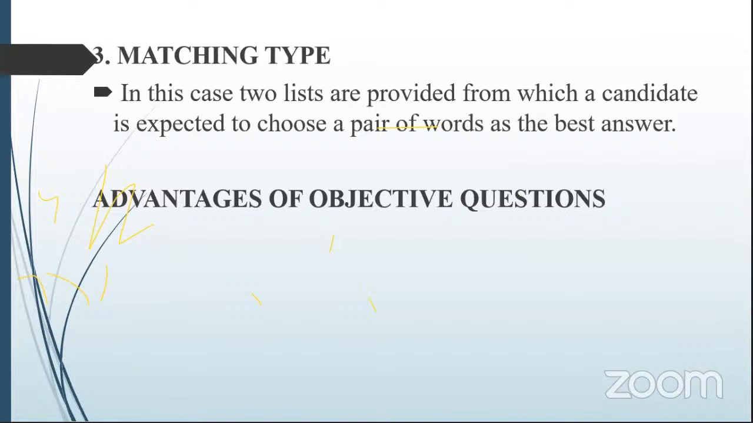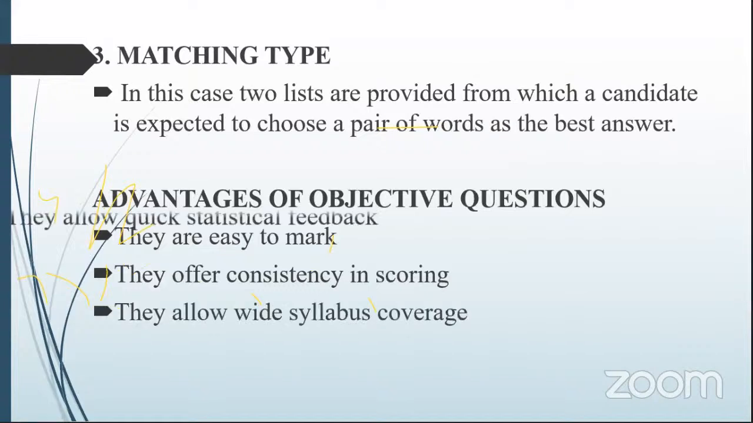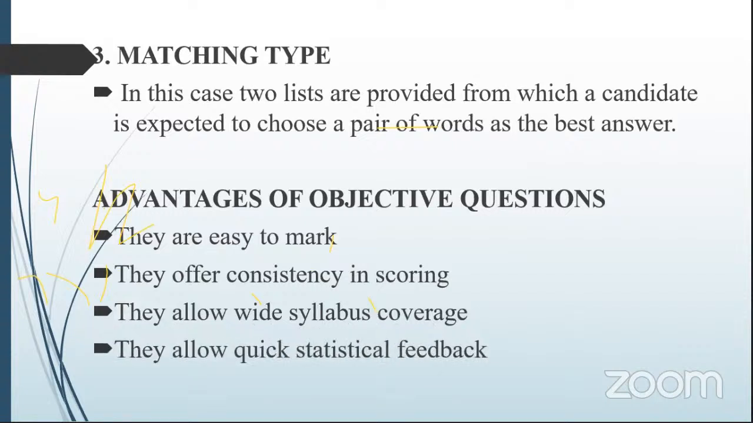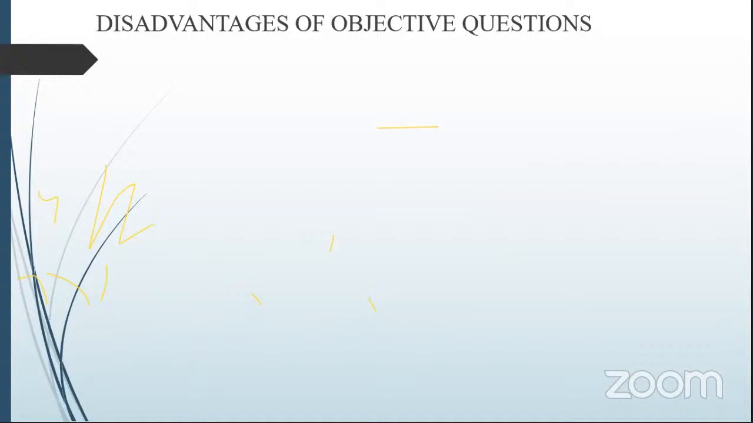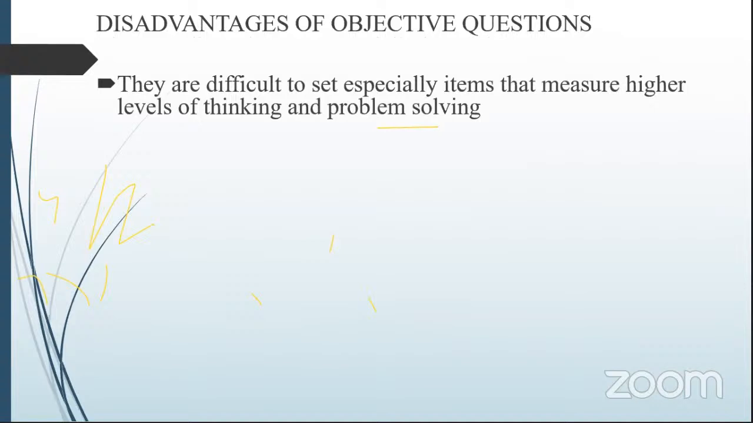We look at advantages of objective questions. We see that they are easy to mark, they offer consistency in scoring, they allow wide syllabus coverage, they allow quick statistical feedback. The disadvantages of objective questions are they are difficult to set, especially items that measure the skills at the level of thinking and problem solving. They are time consuming